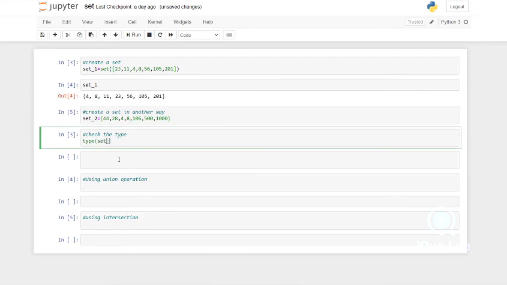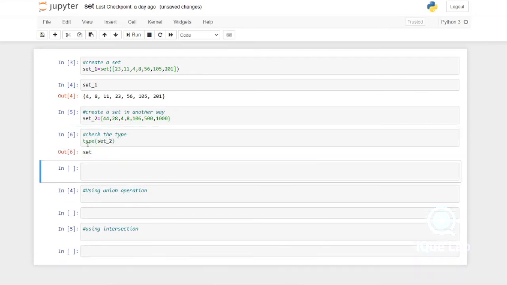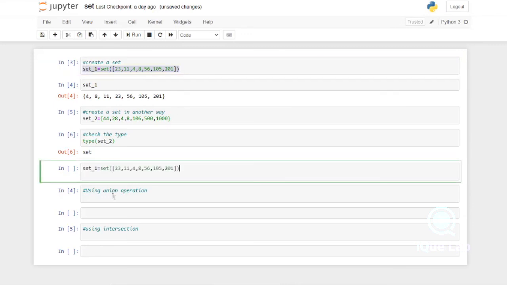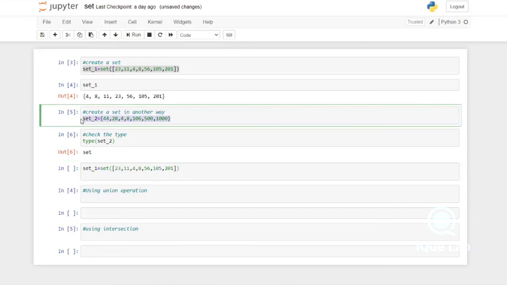You can view the object type here and it shows as set. We can work with various set operations like in mathematics. Let's see how. So I am just copying both sets to a single cell to make it much clearer.